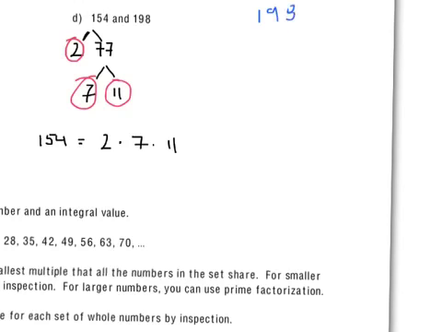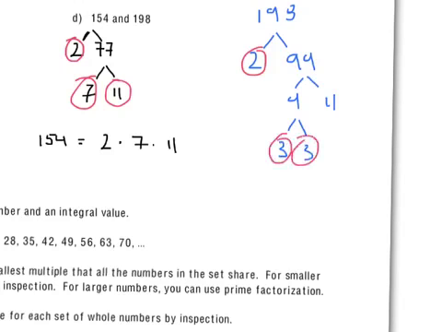198 factors into 2 and 99. The 2 is a prime, so I'll circle it. The 99 factors into 9 and 11. And then 9 factors into 3 and 3. So I will circle all the primes here. And once I do that, I will list them underneath